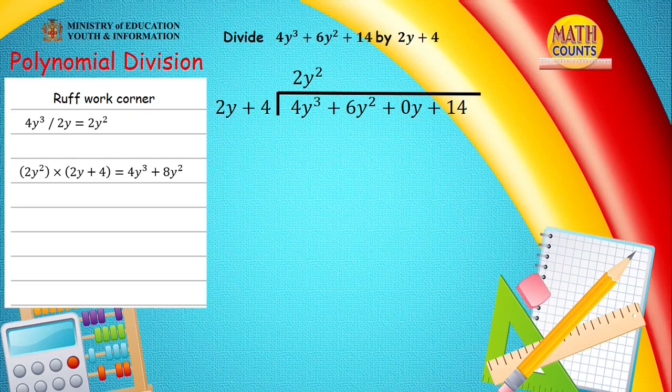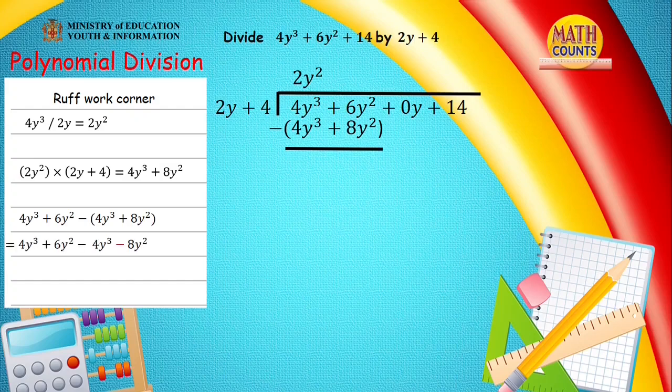What does that give us? That gives us 4y to the third power plus 8y squared. We're going to subtract that from 4y to the third power plus 6y squared. And again, please remember to distribute your minus sign. So when we distribute the minus sign, look at our rough work corner, you'll see that